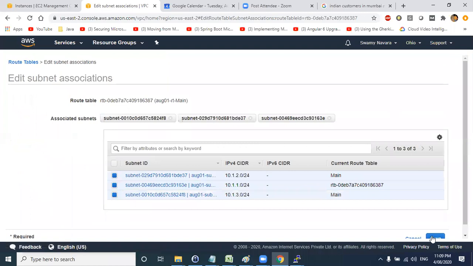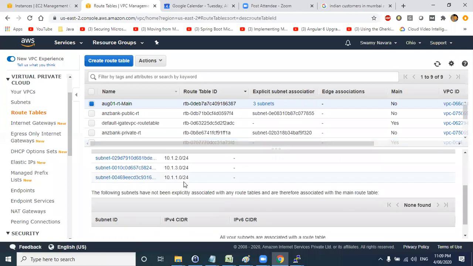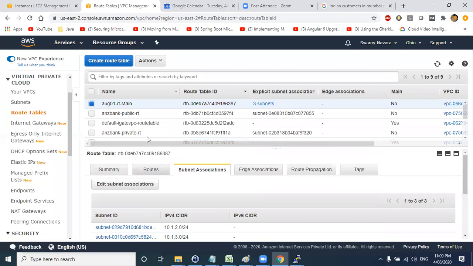Harish, one doubt here. Yeah. Now you made subnet 2 and 3 private, right? See, I have not made them private. I have just removed them from the particular gateway route table. Yeah, route table. Like if I want to connect to one of the EC2 instances of subnet 3 via subnet 1, is it possible? Yeah, it is possible.